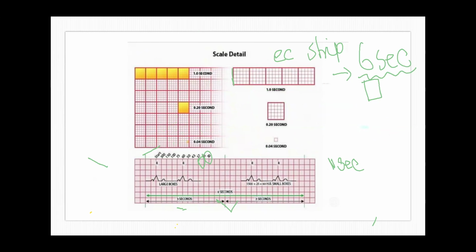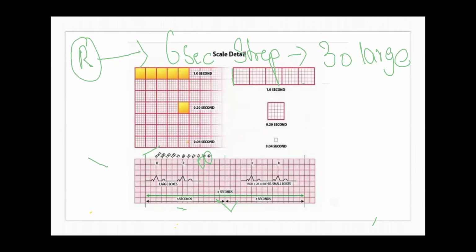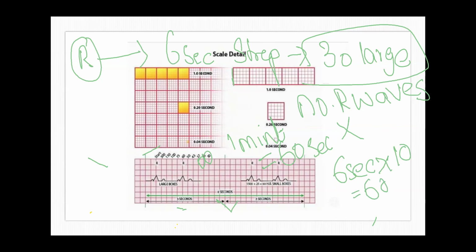So for irregular rhythm you have to count, just make it very very clear, you have to count R waves, और आर वेव कितने में काउंट करनी, 6 सेकंड की स्ट्रिप पे काउंट करनी। तो 6 सेकंड की स्ट्रिप में कितने बॉक्सेस होंगे, 30 लार्ज बॉक्सेस होंगे, और 30 लार्ज बॉक्सेस में आपने नंबर ऑफ आर वेव्स आपको चाहिए। ठीक है, और नंबर ऑफ आर वेव्स को आप मल्टीप्लाई करोगे, आपके नॉर्मली 1 मिनट के अंदर कितने सेकंड्स होते हैं, 1 मिनट में आपके 60 सेकंड्स होते हैं। तो आपने जब 6 सेकंड्स की आर वेव काउंट करी, उसको आप मल्टीप्लाई कर दोगे 10 से, तो वो बन जाएंगे 60 सेकंड्स, और विच विल बी इक्वल टू 1 मिनट।